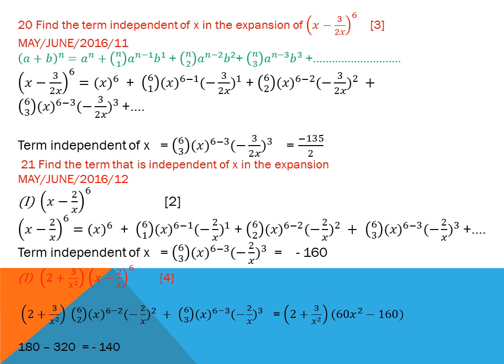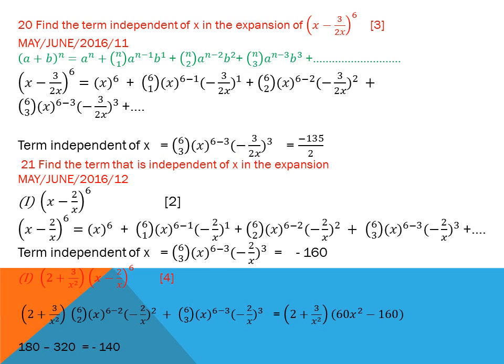When I expand this, x power 6, 6C1 x power 6 minus 1, minus 2 over x, and this 6C3 x power 6 minus 3, minus 2 over x. In term number 4, as in the previous question I also take term number 4, in this question term number 4, x cube is cancelled out with x cube and we will find the term independent of x here. So it will become 6C3 x power 3 into minus 2 over x cube, it means 8 over x cube. 6C3 is multiplied with 8, I will find that minus 160 here. In second part, 2 plus 3 over x square, x minus 2 over x.